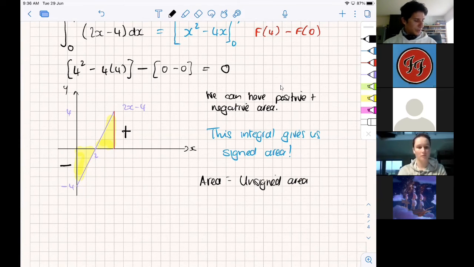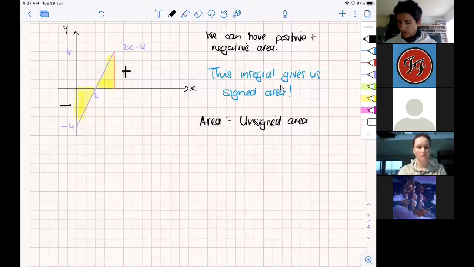Now, I wonder if any of you can think why we would have two different answers. If you think about this function, let's assume that this function we're talking about, 2x minus 4, is a velocity function. What's happening? It started going backwards and then sped up and went forwards. So if I think about this in terms of displacement,